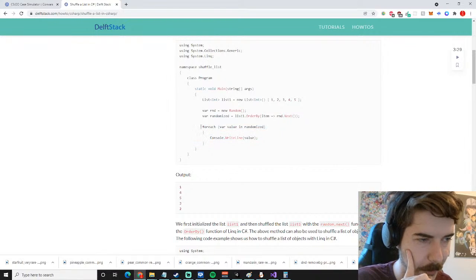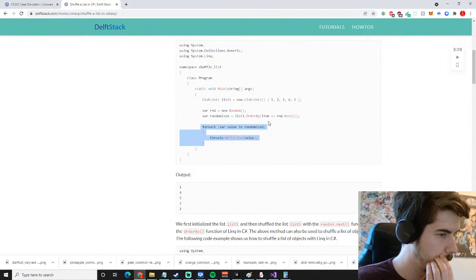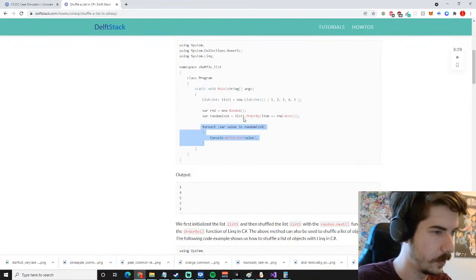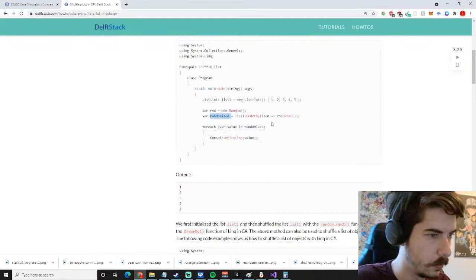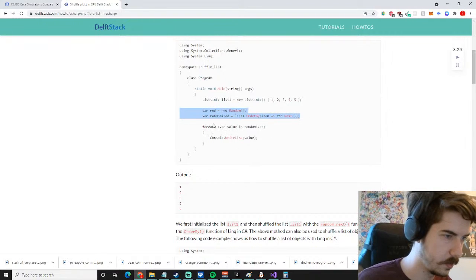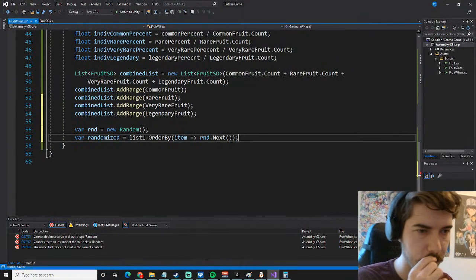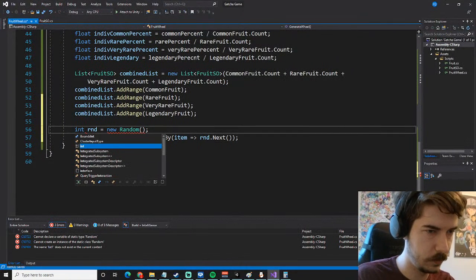For each value it's randomized. So this should randomize the list. These two lines here, because we're already reading them off here, so we just need to do this, which is